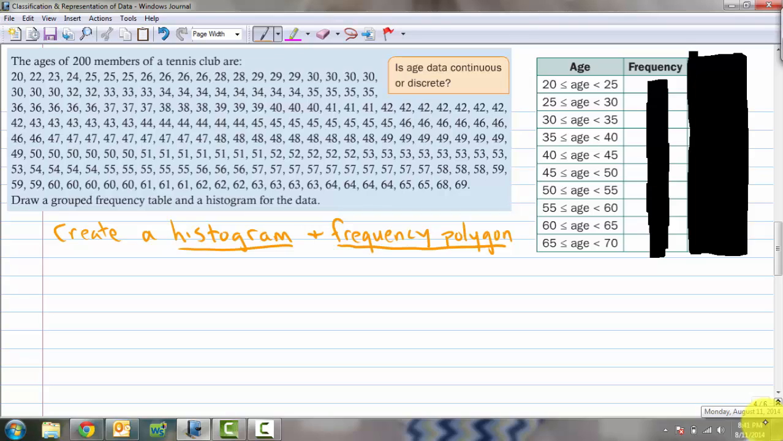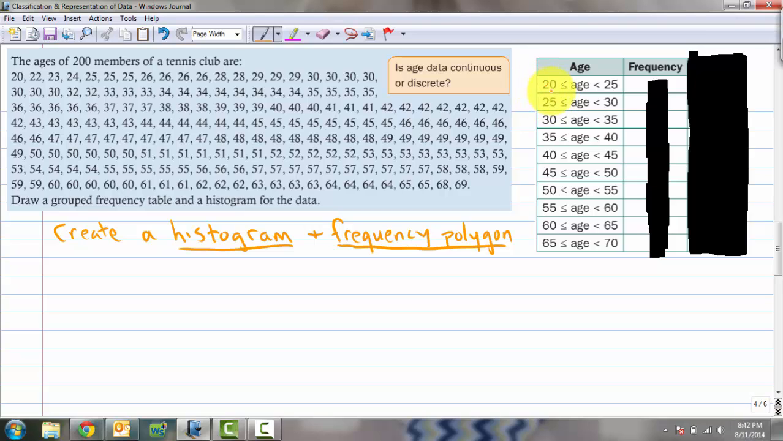Okay, so here we go. We have a big list of data. We have the ages of 200 members in a tennis club. Is age data continuous or discrete? That's an important question when we're looking at data. The age here is continuous, technically speaking, because